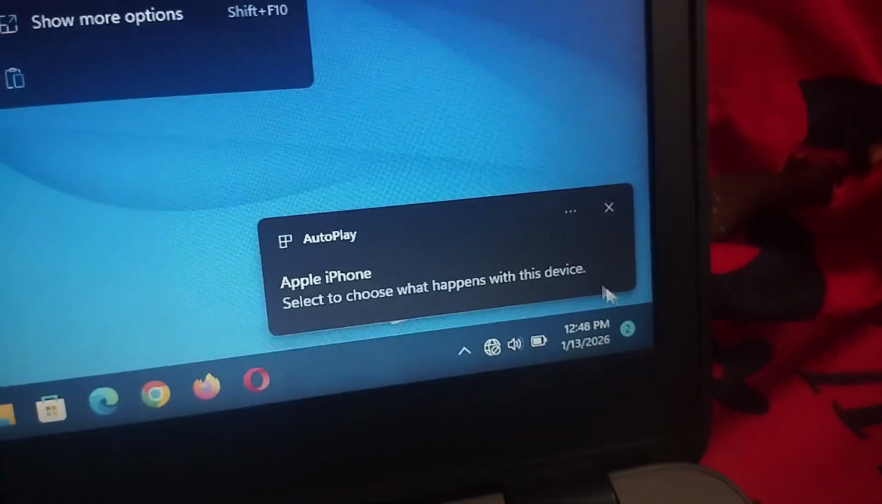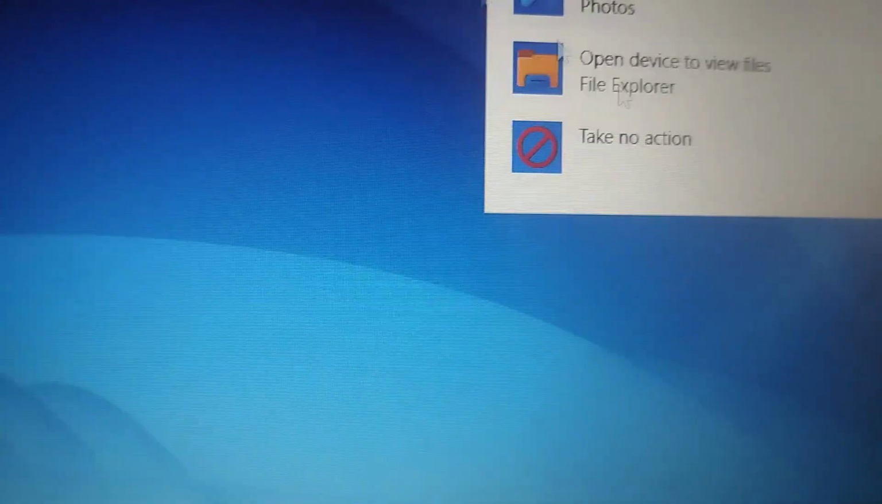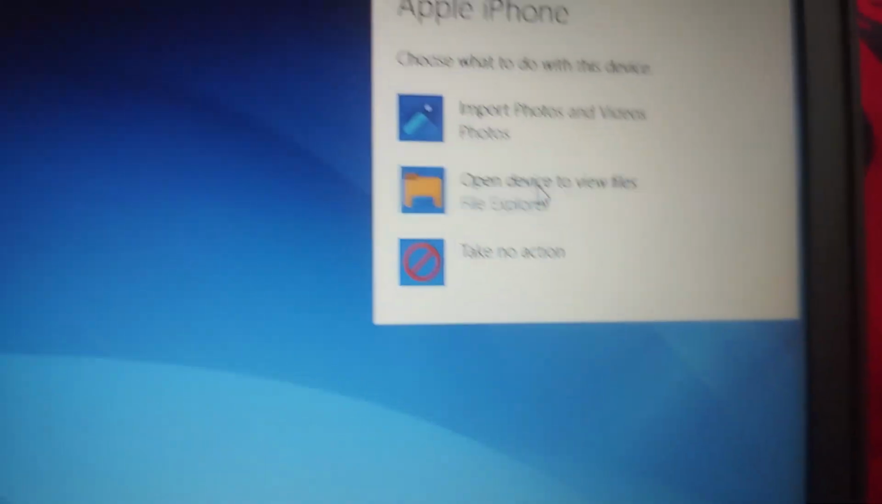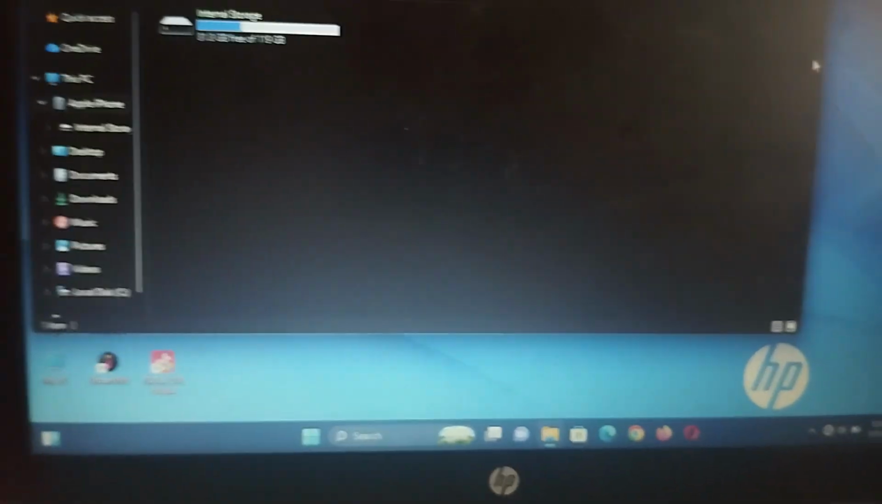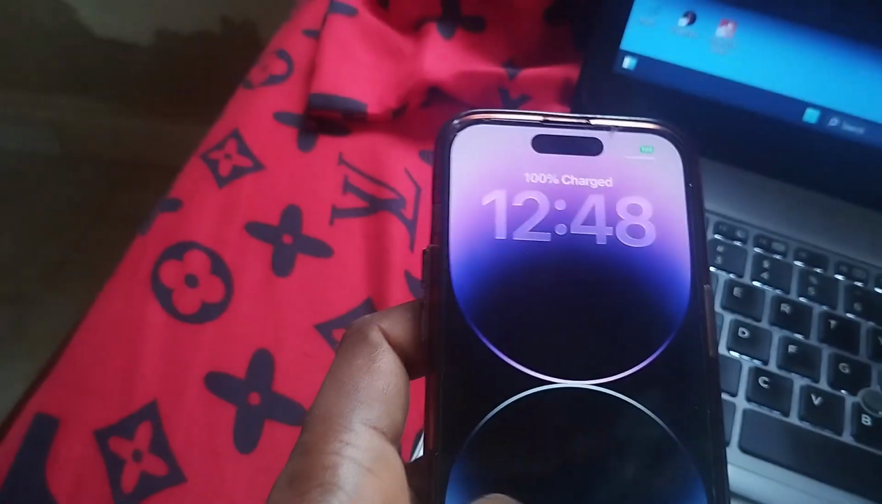Okay, it's connected, and as you can see, the prompt has popped up on my PC. So let me just click on it to see this option. Of course, all I want to do is to open the device to view the files. I tapped on it. But hold on, note that it will not just come up. Now, all you have to do is to move to your